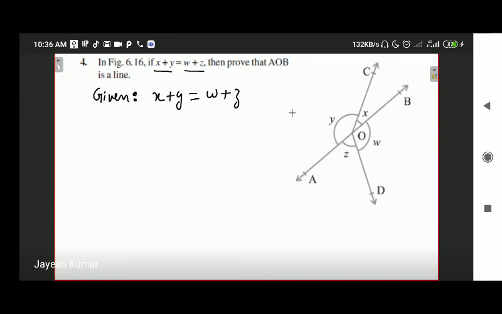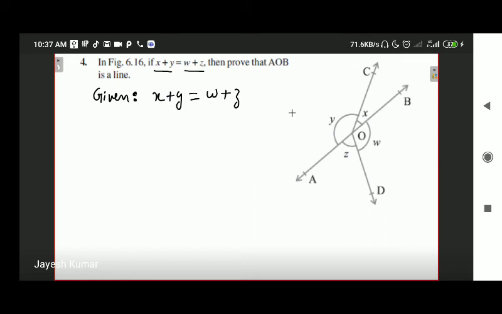Let me share something with you. In order to determine any line as a straight line, you can do two things. Either of these things is valid. First thing is, if there is a pair of straight lines intersecting at a point, you can apply vertically opposite angles or you can apply linear pair. If the pair of vertically opposite angles are equal, then the lines are going to be straight. If the sum of adjacent angles on either side of the line is 180 degree, then it is going to be a straight line.